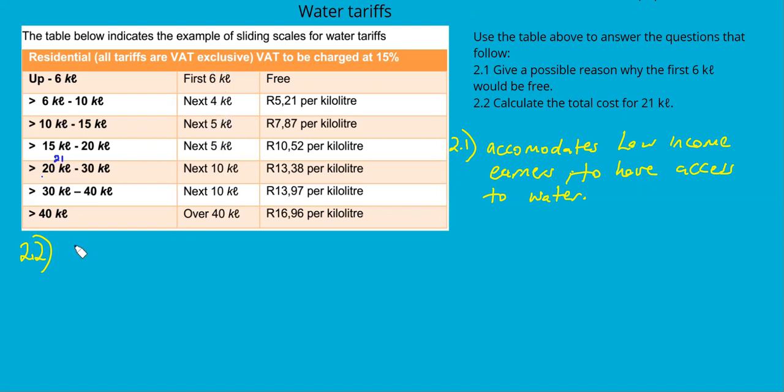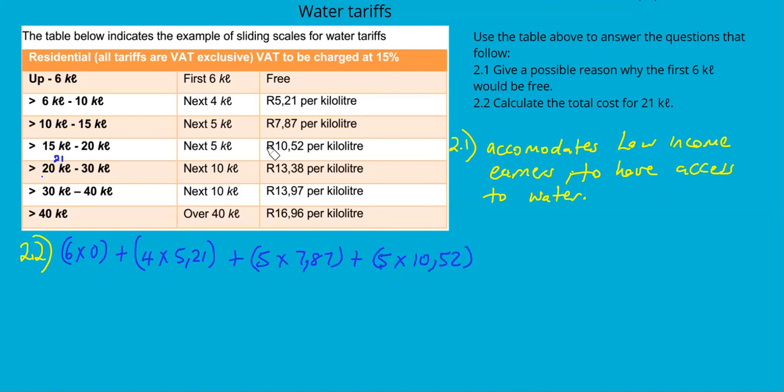We're going to say, okay, in the first category, it's going to be 6 kiloliters times 0, plus 4 kiloliters times 5,21, plus 5 times 7,87, plus again 5 times